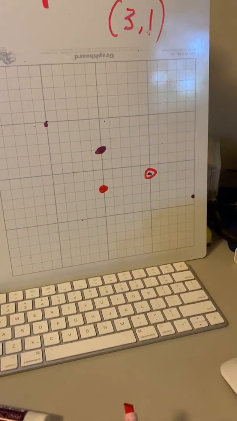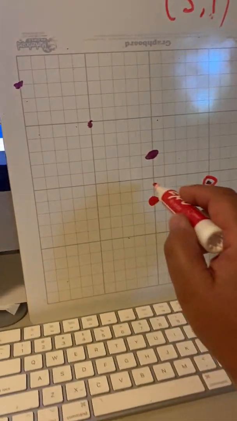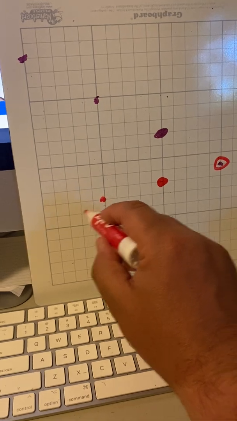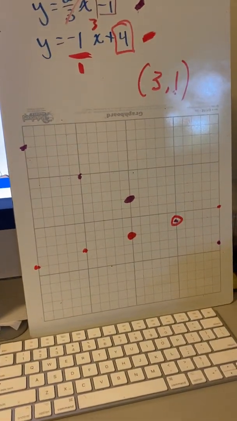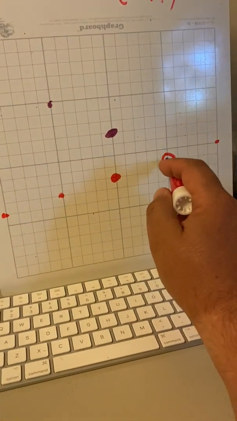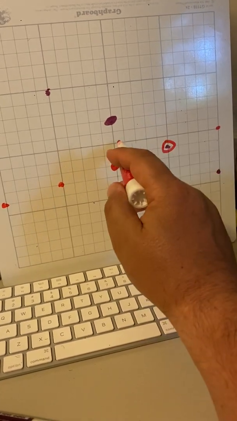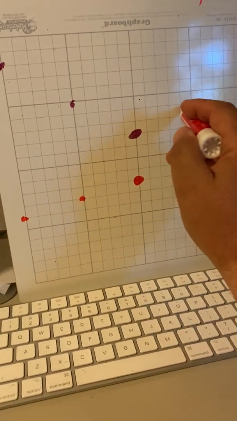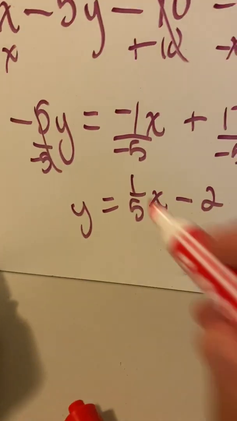I don't need to go any further if all I'm looking for is where they intersect, okay? I don't need to go down 1, back 5, down 1, back 5, up 1, right 5, and create the line. It's nice. It shows that you understand what you're doing. But once you find the intersection of these 2 points, you're done. You need to find the ordered pair. Right 5, down 1. 5, negative 1 should be the ordered pair that if I put it into both of